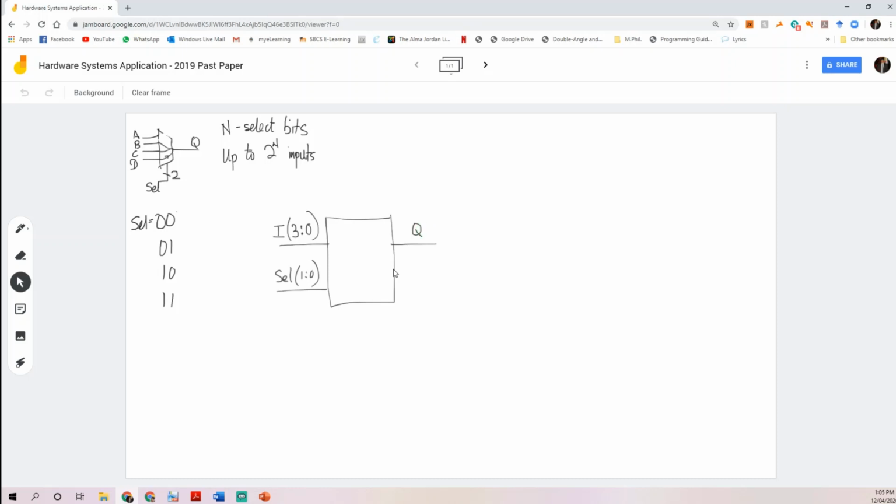And what that means is that when select is 0, 0, Q is going to be assigned the value I3. Then, for some value of select, Q will be getting the value of I2, I1, I0, etc. Alright, so what this means in a case like this